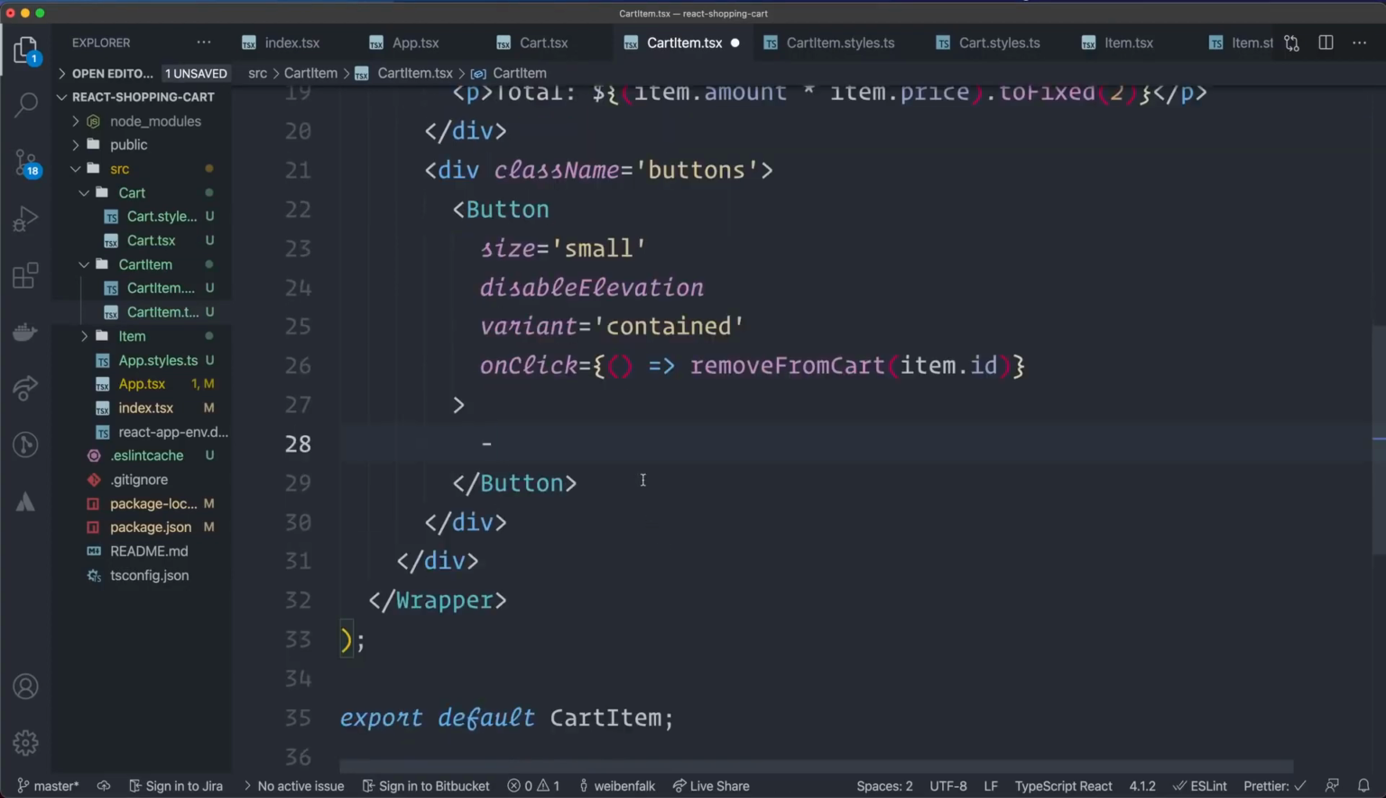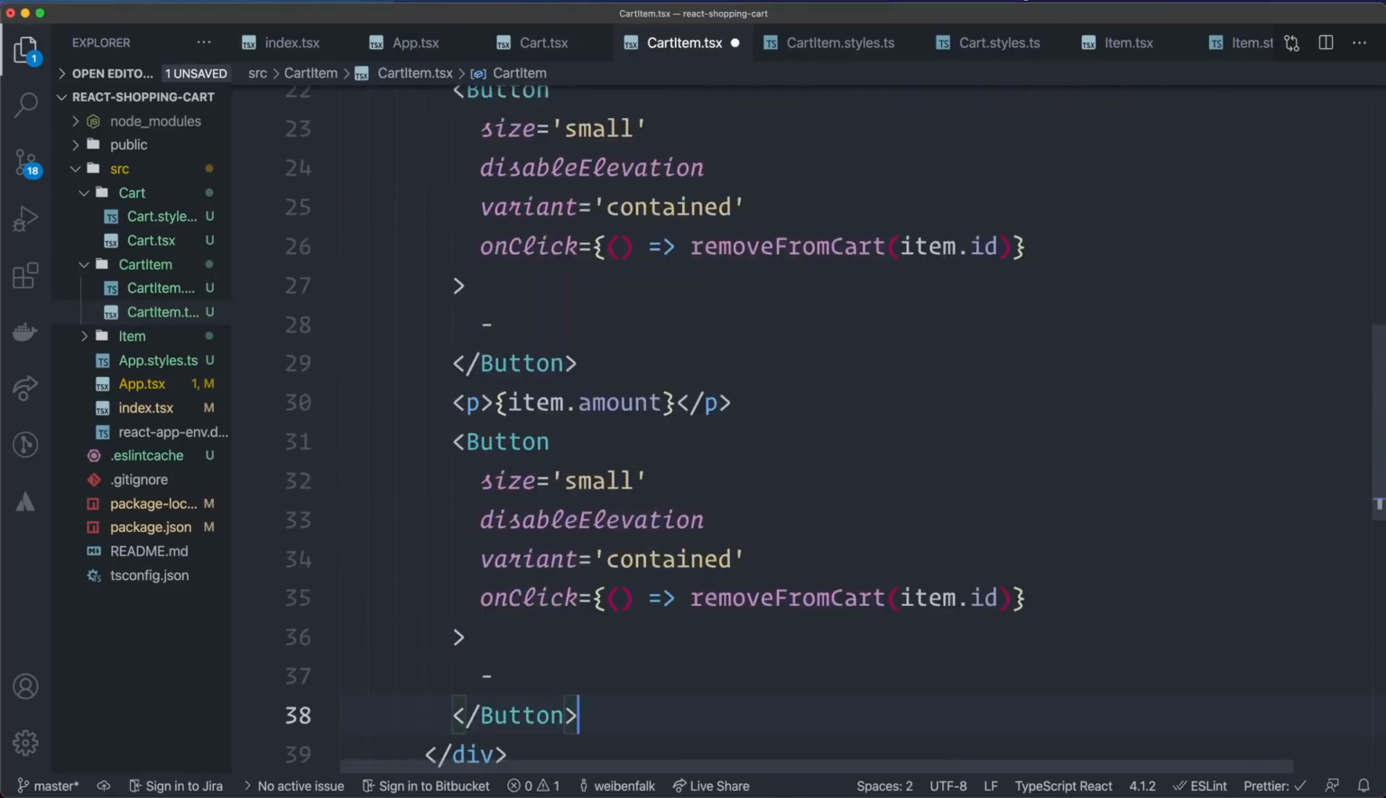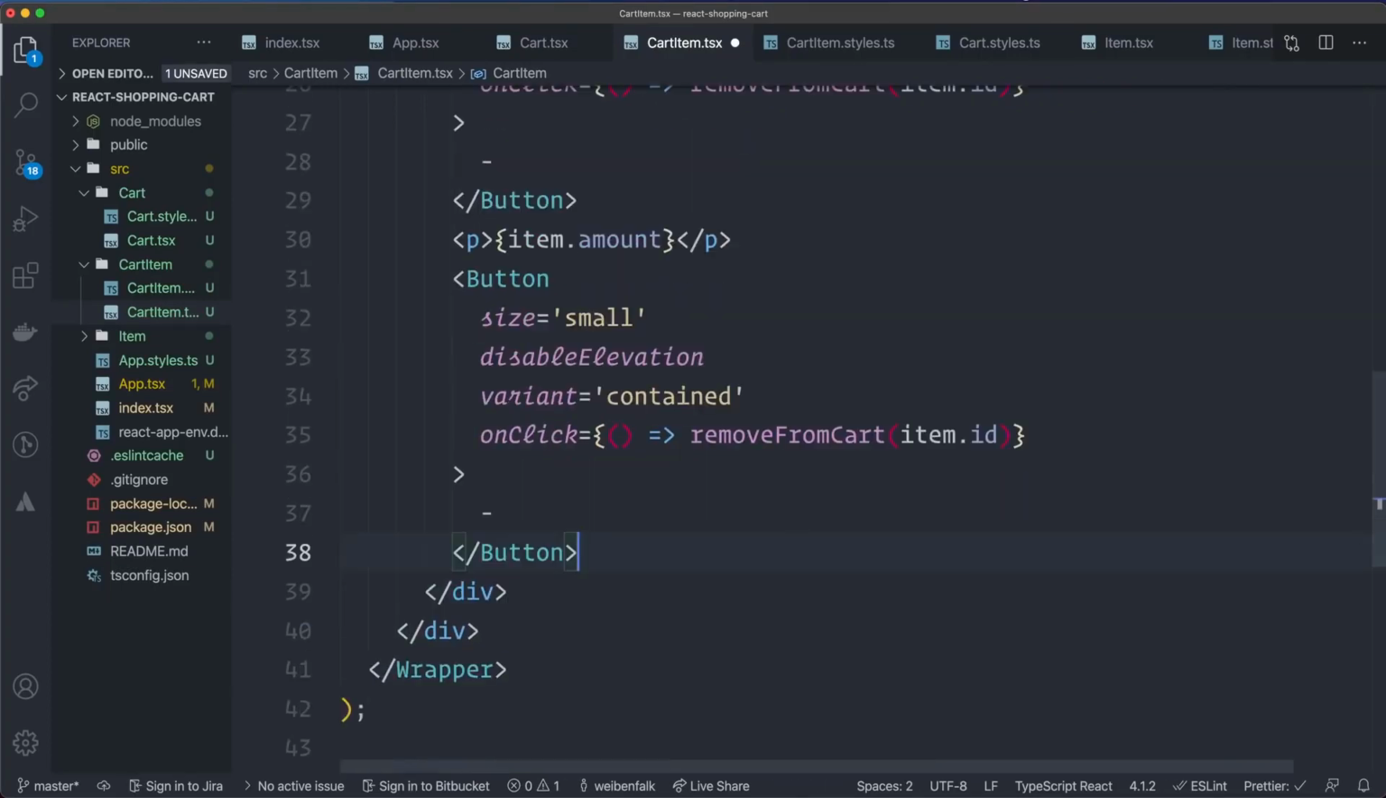All right. And then in the middle, we're going to have a p tag, curly bracket, item.amount, and curly bracket. And then we can actually copy this button here, paste it in below. The size is going to be the same. Disable elevation and contain is going to be the same. The on click is going to be